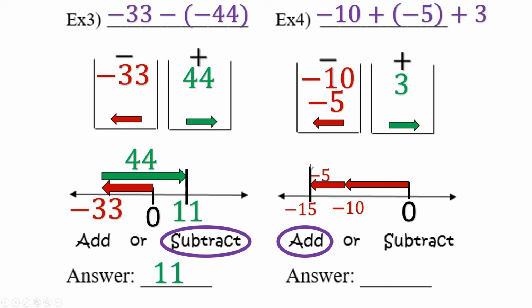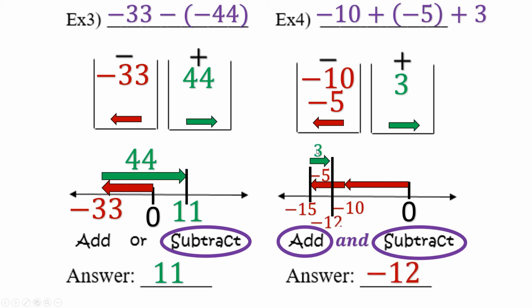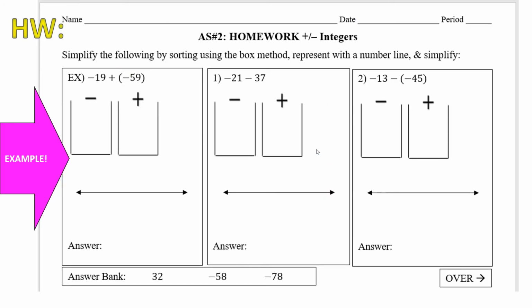And then we're going to turn around and go back positive 3. So we have a negative 15, but then we're going to need to subtract 3 because these are different. And therefore, in this problem, we have to add and subtract. And a final answer, negative 15 and a positive 3. You subtract, you get negative 12. And at this point, you could start